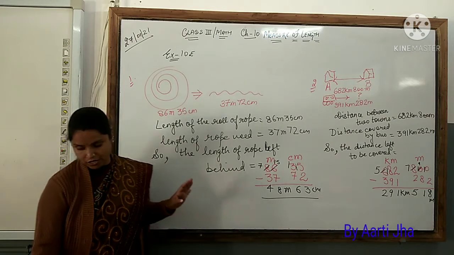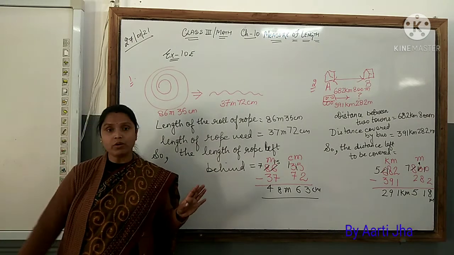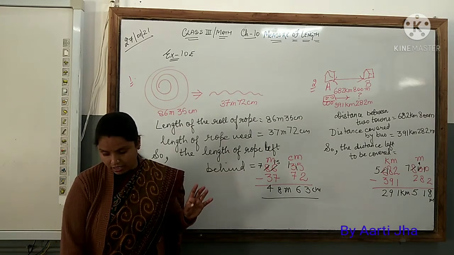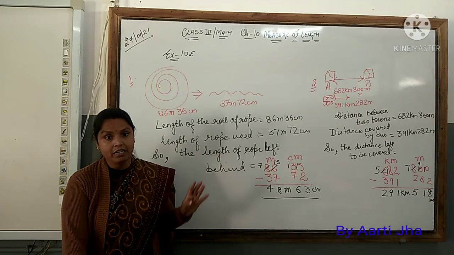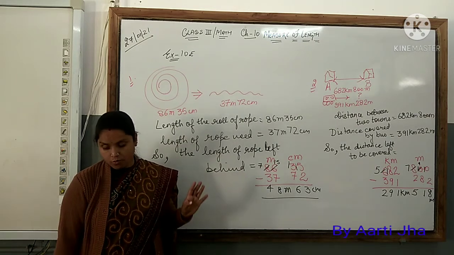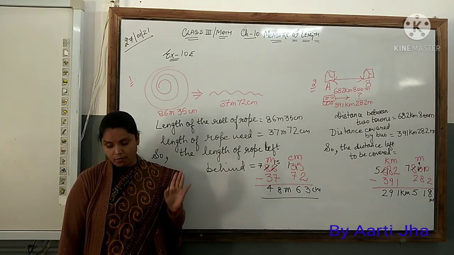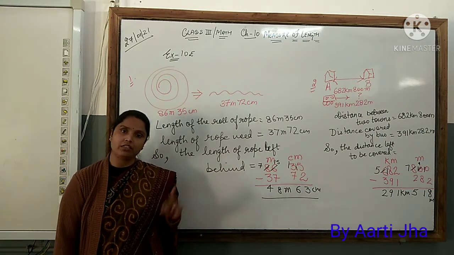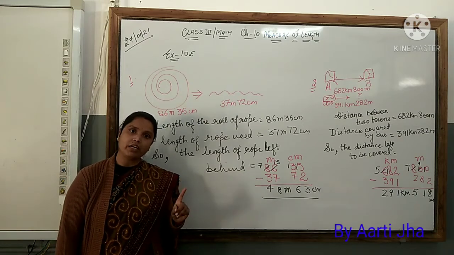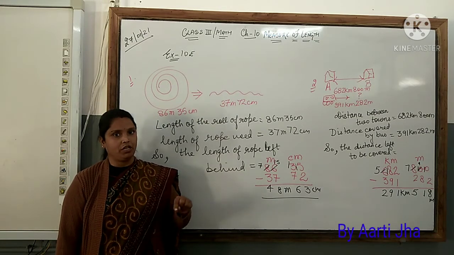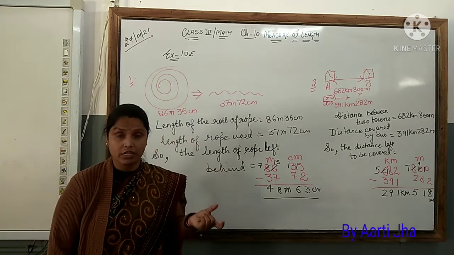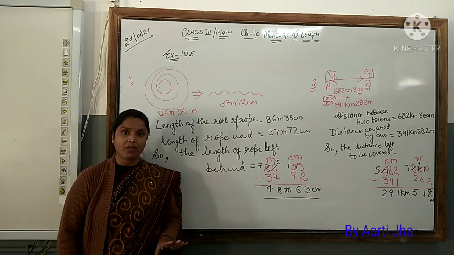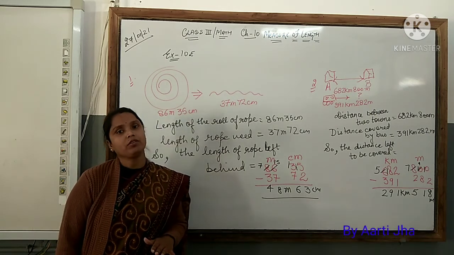After that, you have question number 3. And in question number 3, you have Mohan jogs this much in the morning and this much in the evening. How much more does he jog in the morning? Two distances covered at 2 times are given. One is of the morning and the other one is of the evening. Between the two distances, which one is more, that you have to tell, and how much more it is, we will find out.